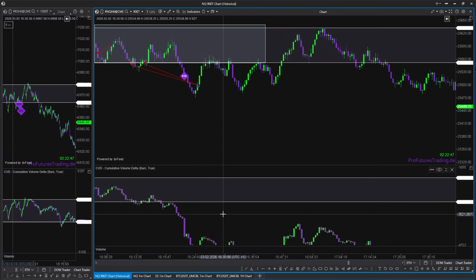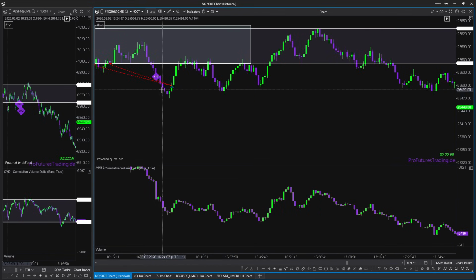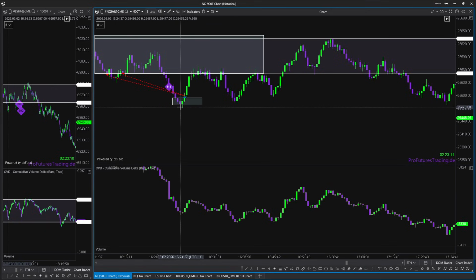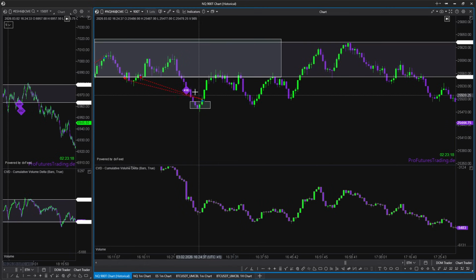And also, if you see here, we had the CVD break to the upside again, and if you want to see it like this, you can also draw a zone here. It's like intuition right now, because this is not really a collection zone or accumulation zone, whatever, but this is something out of my intuition and my experience on the market. I don't want to give back. That's why I took the